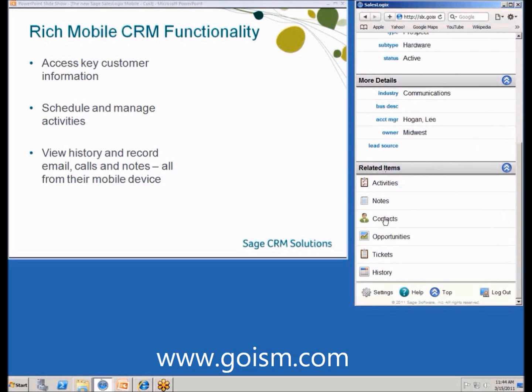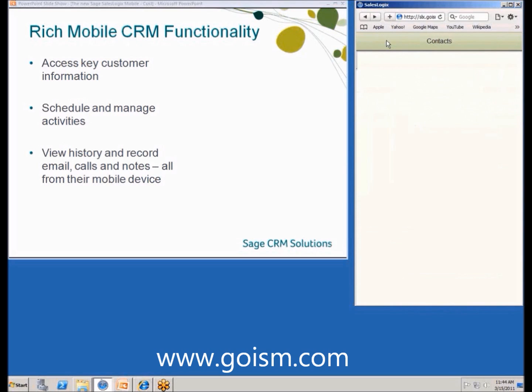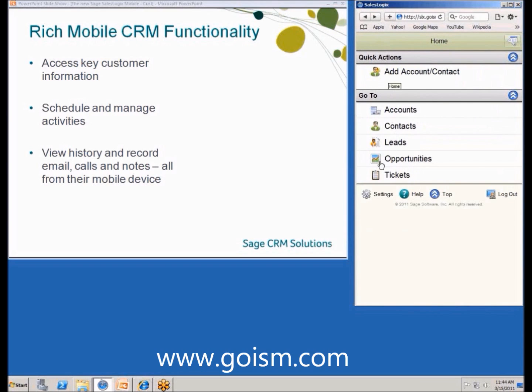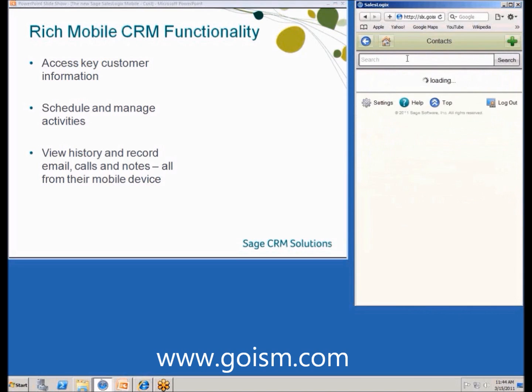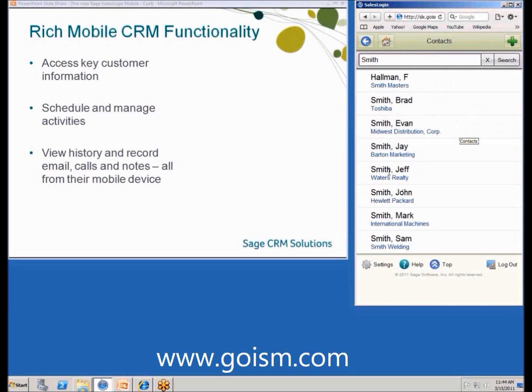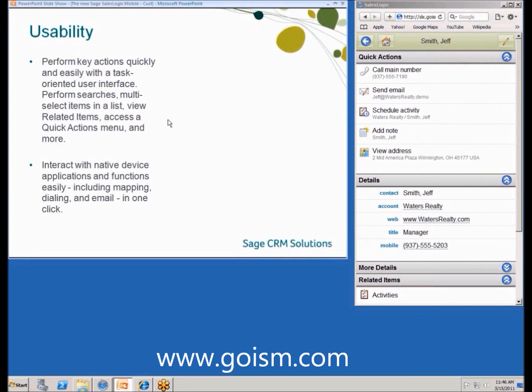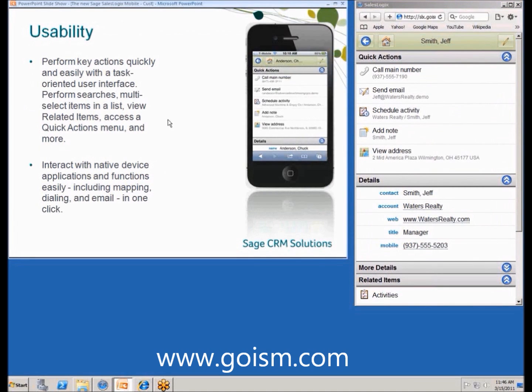You can also access contacts, opportunities, and tickets from the account. If I click back to the home menu, you're able to go straight to any of those levels. So if I wanted to go to contacts and look up somebody whose name I knew was Smith, I search on that, and we go to Jeff Smith, and there we are on Jeff Smith's record, and away we go. You're able to perform key actions, and they use the device's